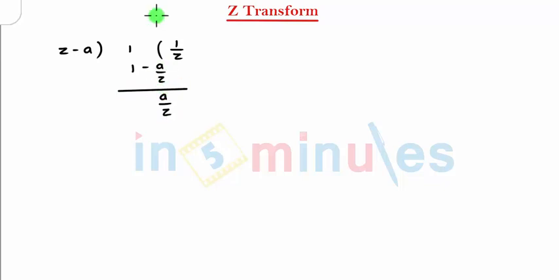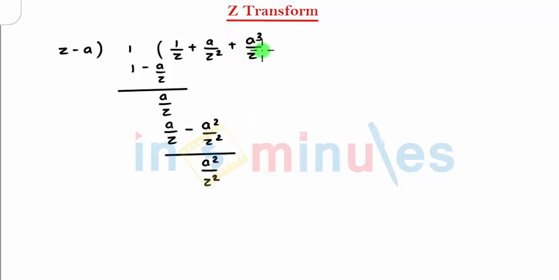The next is z into what you multiply to get a by z, obviously a by z square. I can say plus a by z square. If you multiply, you get a by z, minus, the next term will be minus a square by z square, obviously. So here this and this get cancelled, and this comes to be a square divided by z square. The next is plus a cube by z cube, and it will be continuously going.